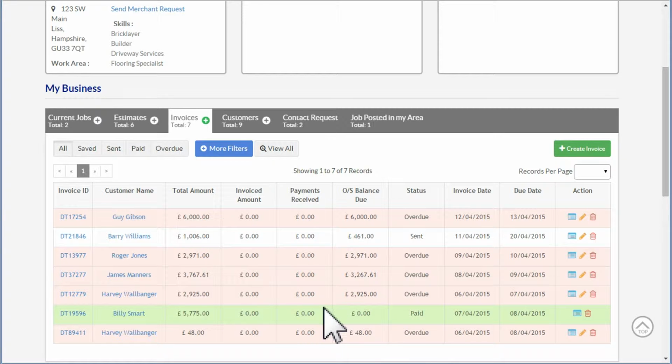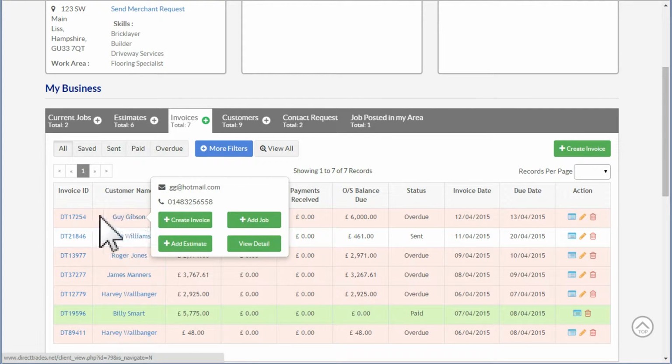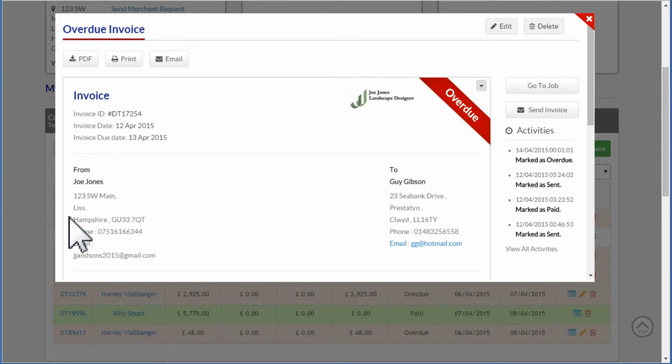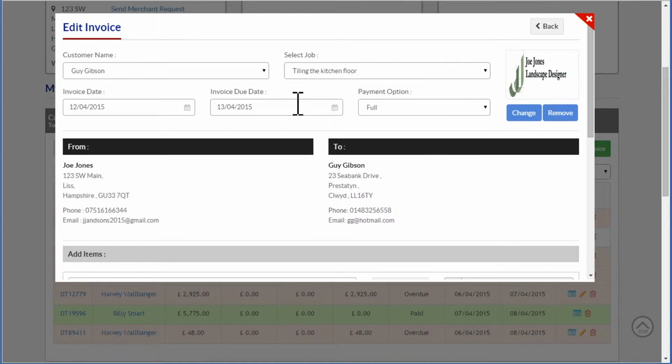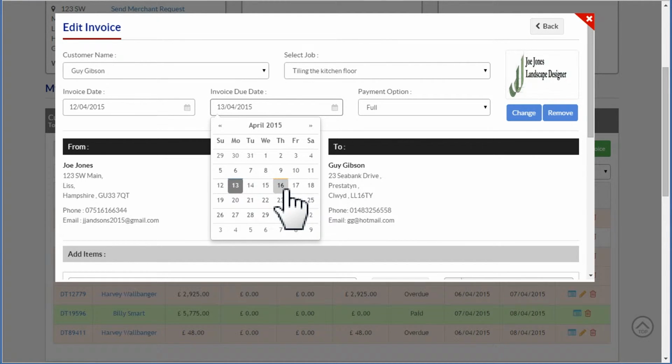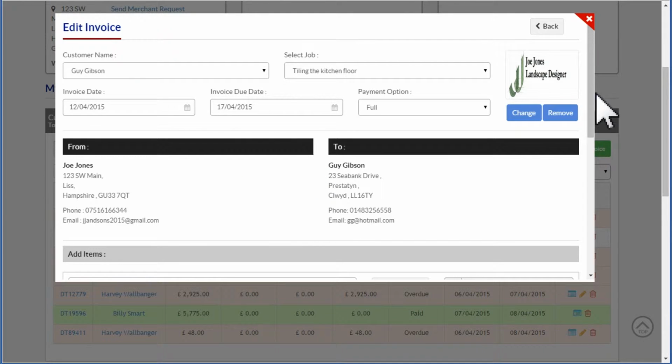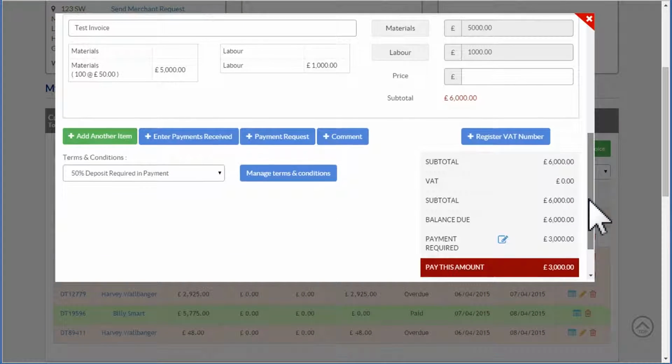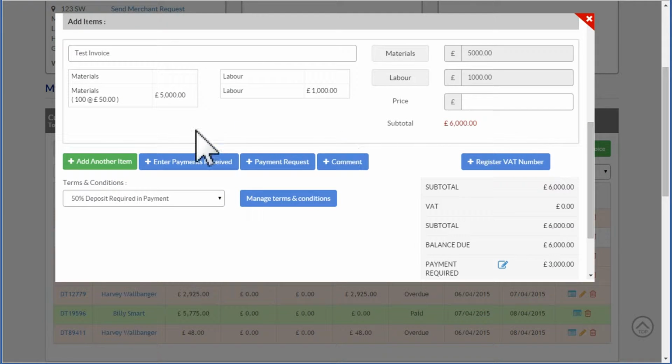So what we've done is we've created a fictitious invoice here from Mr. Guy Gibson. I'll just open it and we click into the edit button. Make sure that our due date is on or after today's date, so we'll say the 17th, and then we go down to the meat and potatoes of it. We've got some materials for £5,000. Not quite know what he's having tiled on his floor, must be gold blocks I think, and labour at 1,000, so we're obviously doing this one cheaply. Total invoice is for £6,000,